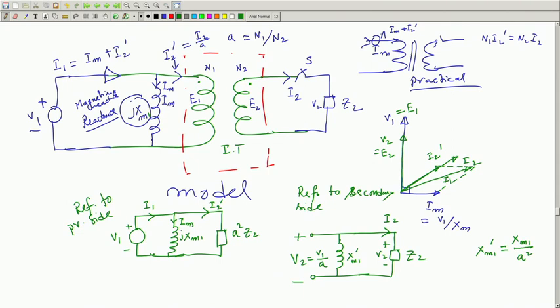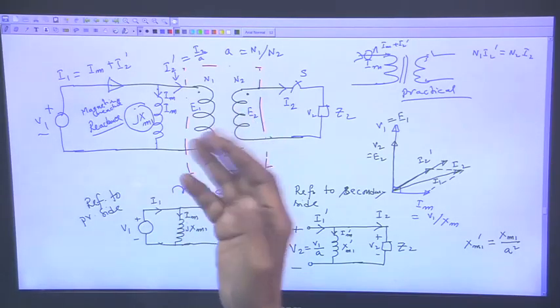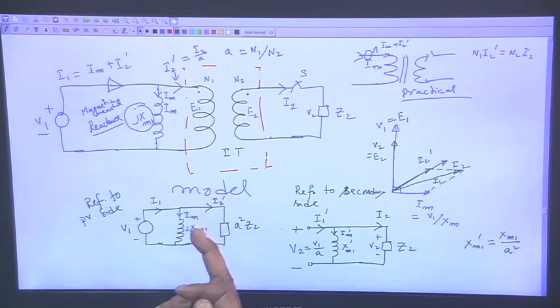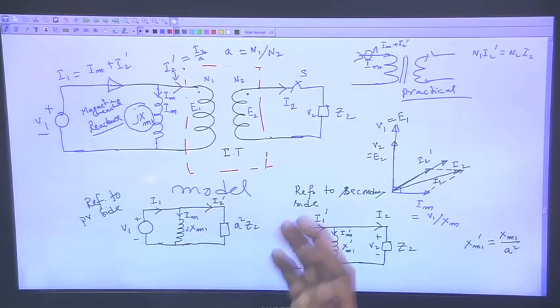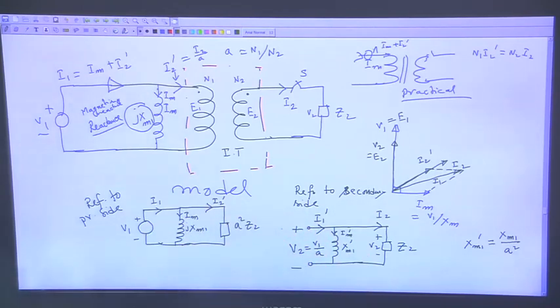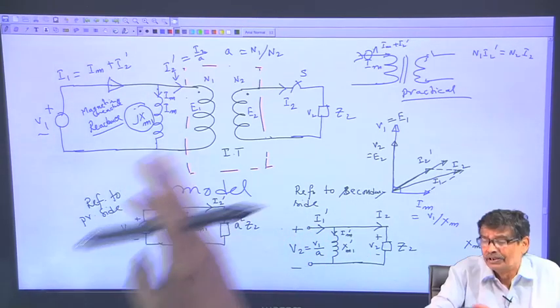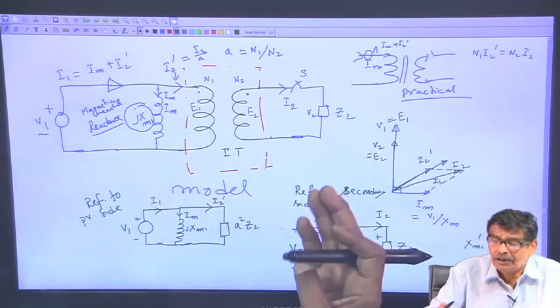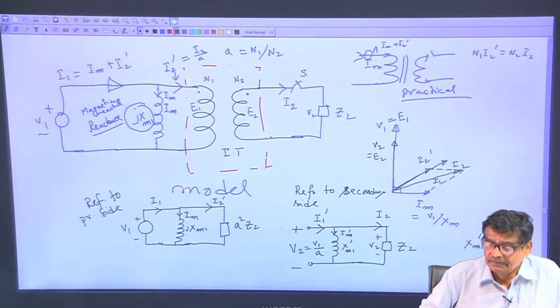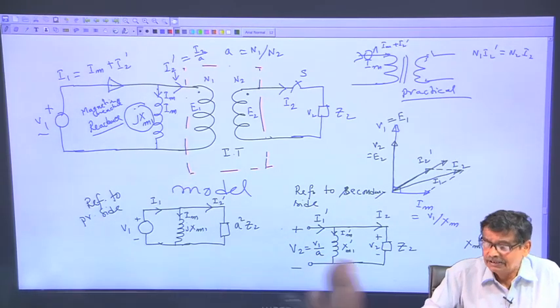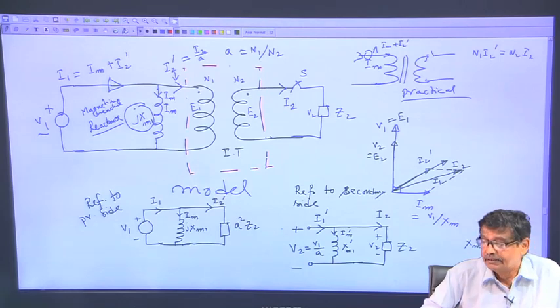So, you solve this, this you write I m dashed, reflected current, and then what current will you get? I will get I 1 dashed. So, you either solve this circuit, get everything, because this is somewhat a practical transformer, solve this circuit, get I 2 dashed and then predict what will be I 2. So, people always prefer to work on an equivalent circuit instead of drawing some coupled coils and then individually calculating. We can do that, but this is a better way of doing things.